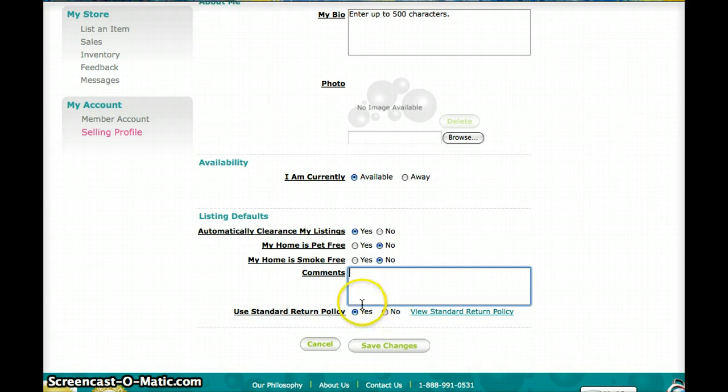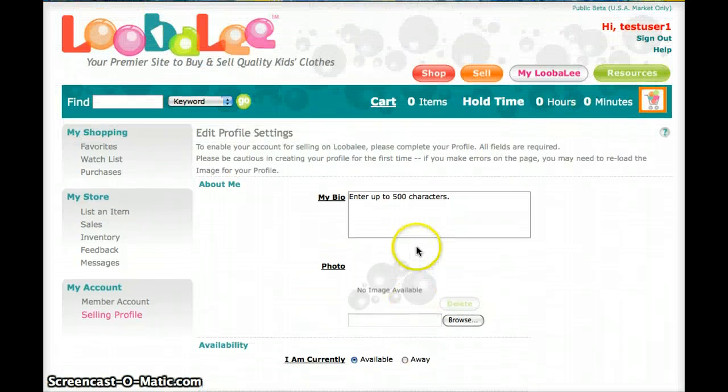work for. And if you say no here, you're obligated to explain your own return policy in your description when you list an item. So after you fill all those things out, it's really pretty simple. You're going to save your changes. I'm not going to do that right now,